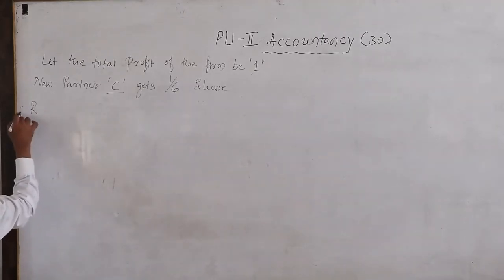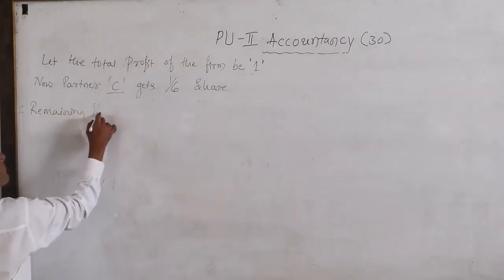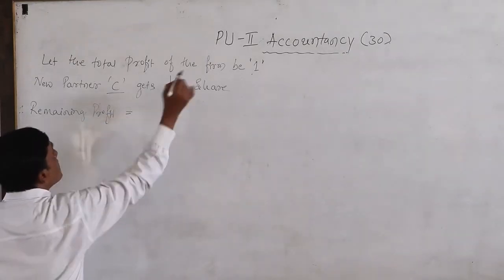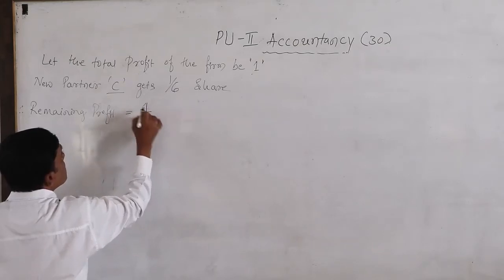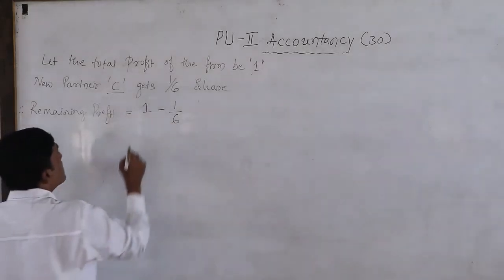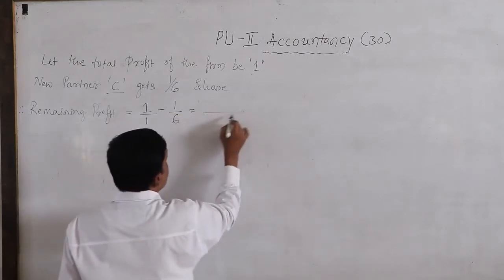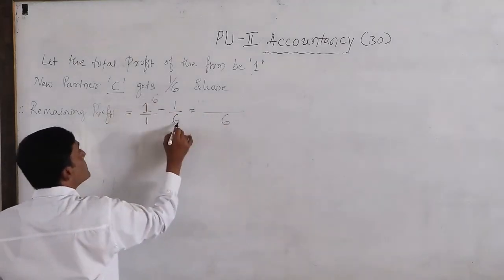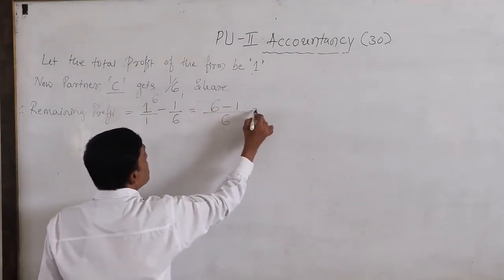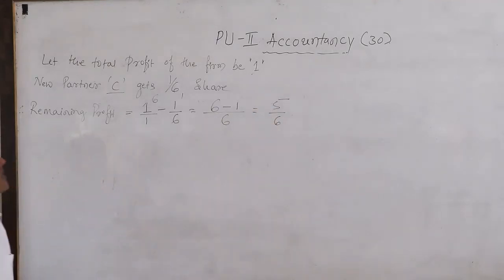Remaining profit is equal to the total profit of the firm, which is 1. So we have to deduct 1/6 from the 1. So we can say it is 1 and 6, the LCM is 6. 6 1s are 6, 6 minus 1 is 5, so 5 by 6 is the remaining profit